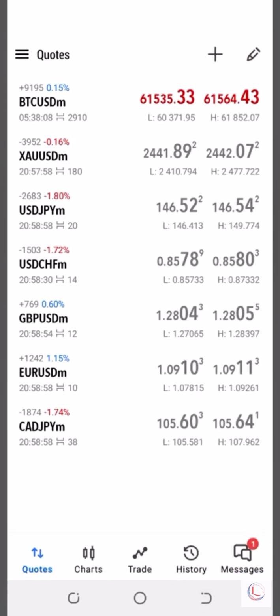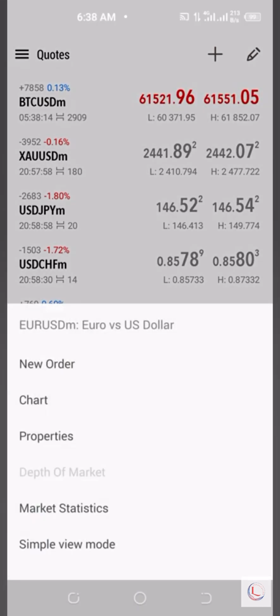Then we also have what we call the charts option. Now the chart